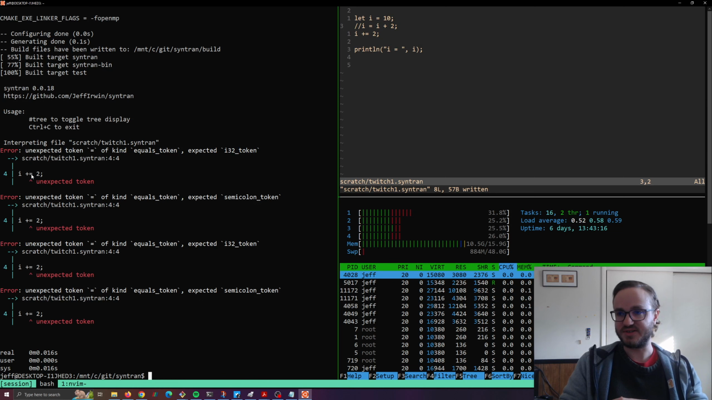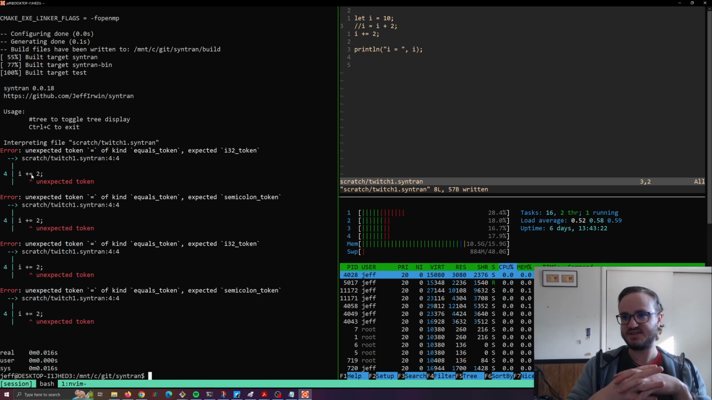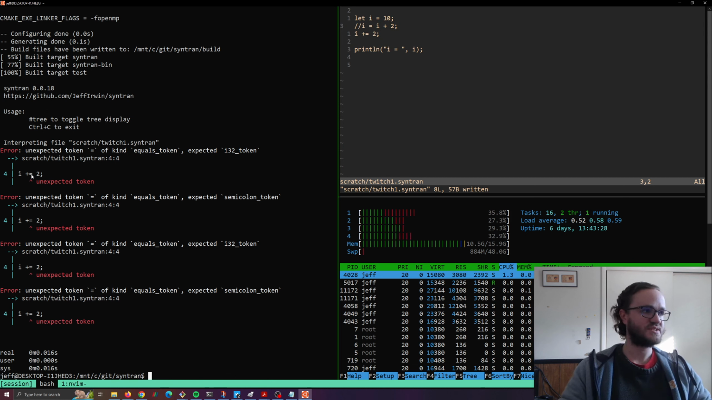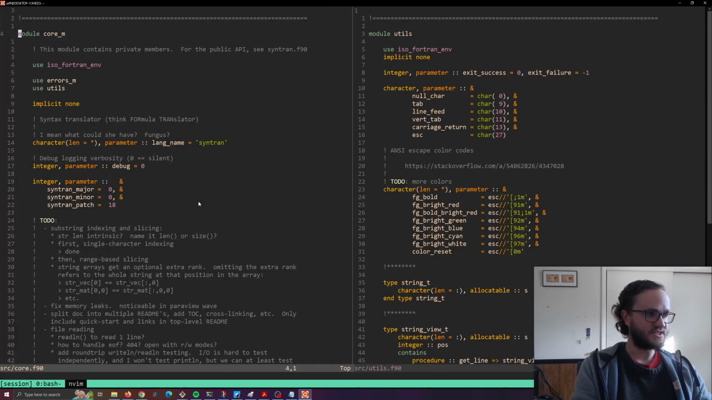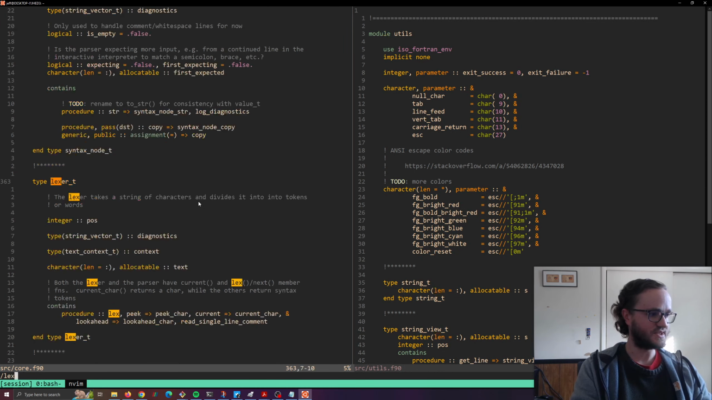Then there's the parser, which has to analyze the grammar of these expressions. So that's the second thing that needs to change. And the third thing that needs to change is the evaluator, which goes through and actually evaluates the expressions and adds 2 to I. So I think those are the 3 things that we're going to need to change today. So if we go to the lexer,